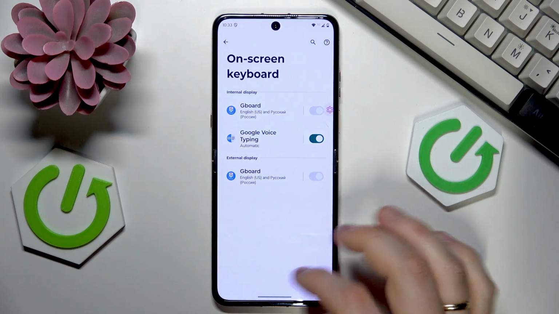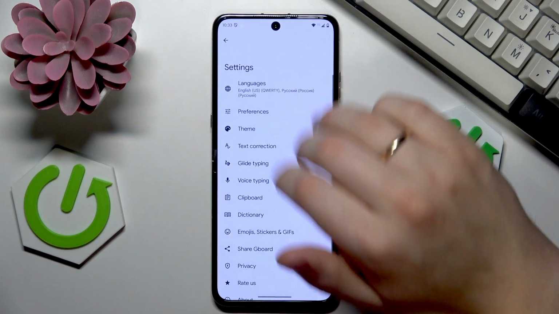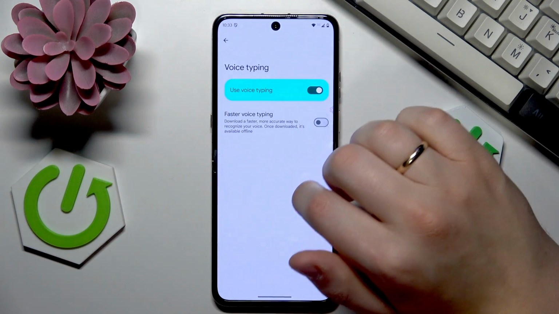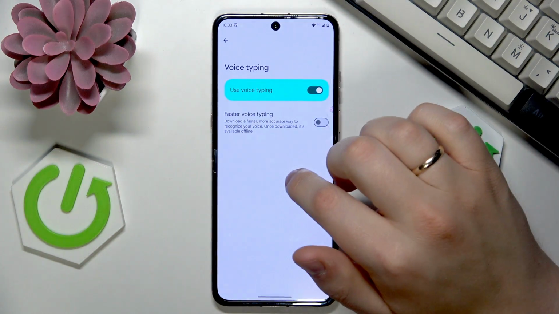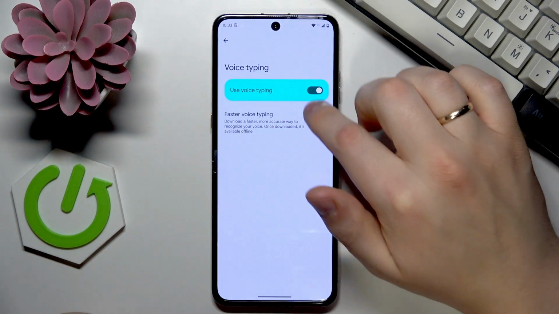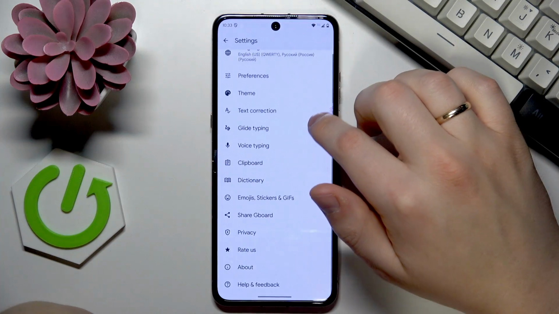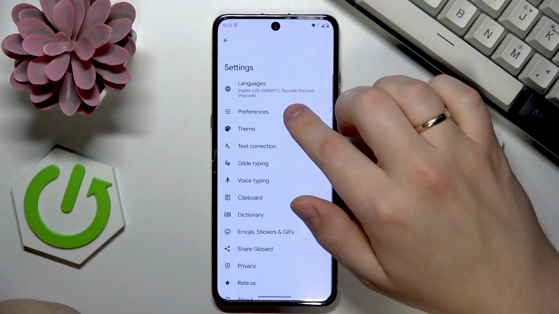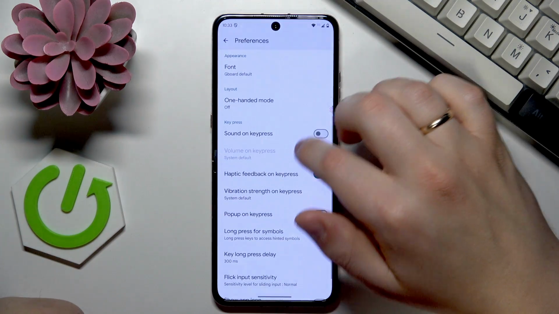If that won't be true in your case, you will need to get back to the keyboard management page and open the Gboard settings. Here open the voice typing page and make sure to switch on the use voice typing toggle. On top of that, you can also look for enabling the top toolbar, which I'm not sure actually is